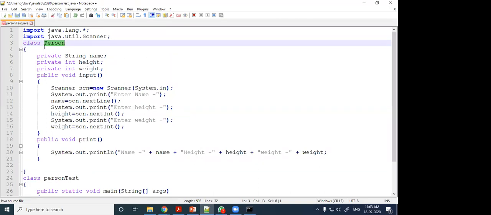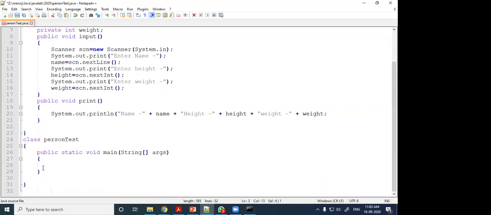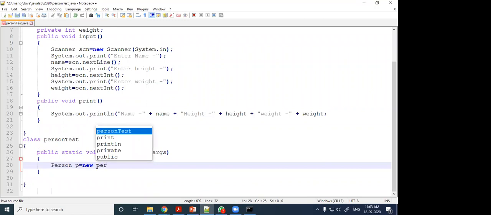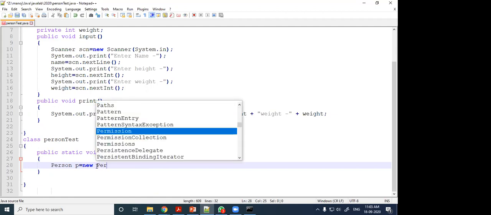Just see, I have typed P in uppercase, so here also I have to use uppercase Person. Suppose P equal to new Person.